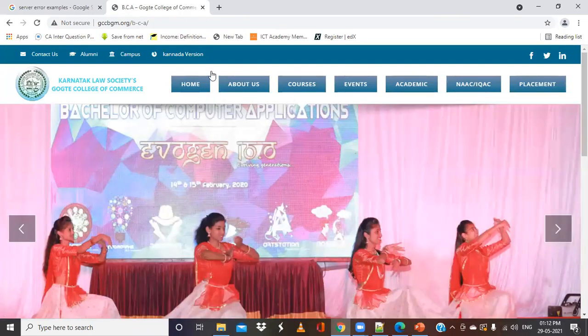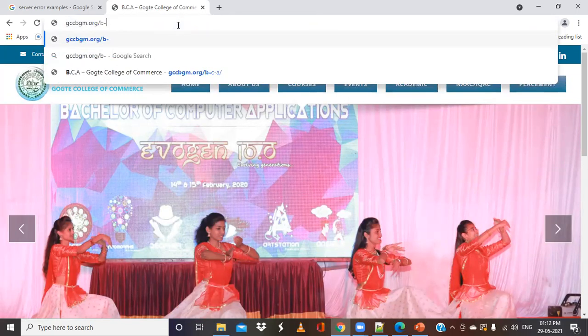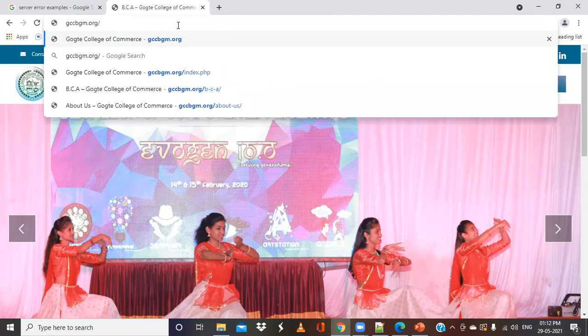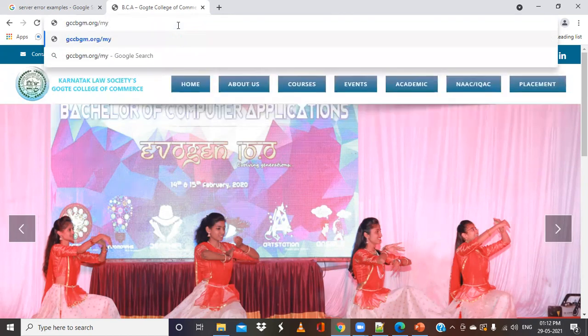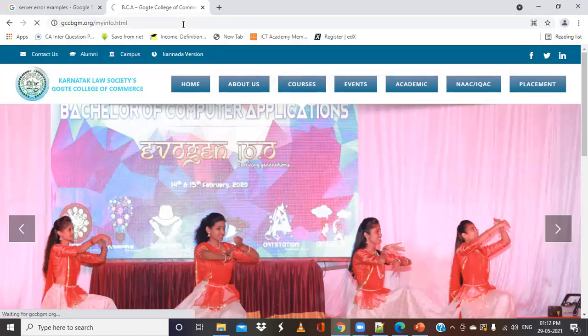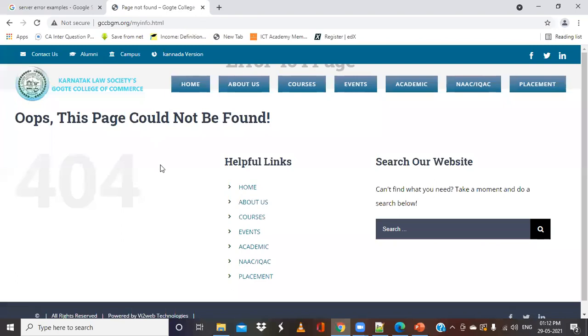But for example, suppose I type this particular URL, gccbgm.org/myinfo.html, something of this kind. It is an invalid URL basically. If I try to request this invalid URL, it will give a message saying that this page could not be found.